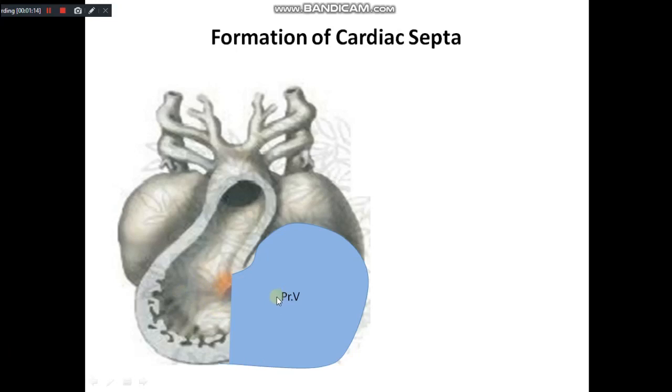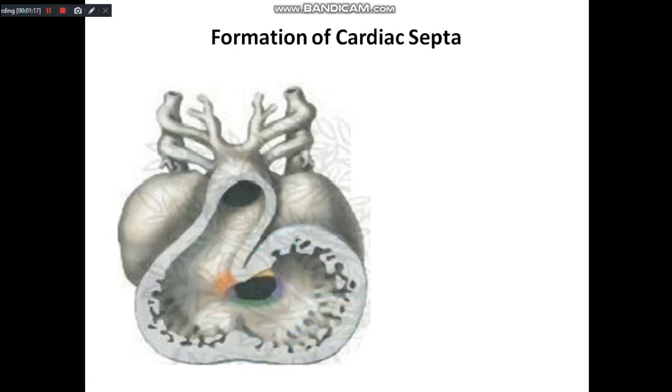Then we will remove the anterior wall of the primitive ventricle. Again we will see a trabeculated area, from which the trabeculated part of the left ventricle develops. Then in this stage we will see an opening over here. This is the atrioventricular canal. Now this atrioventricular canal opens into the primitive ventricle. It doesn't communicate with the bulbus cordis because of this curved ridge. This is known as the bulbar ridge.